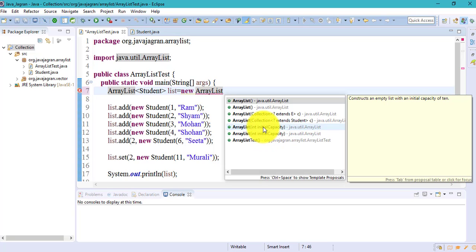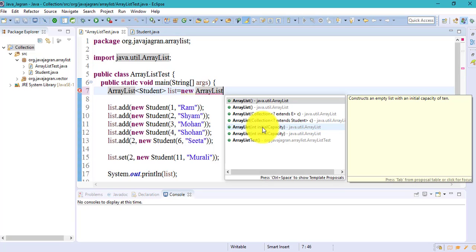But here we have only the zero-argument constructor, the single-argument constructor, and the one with the collection. You will not find two integer constructors, one for initial capacity and one for incremental capacity like Vector, because ArrayList does not allow other people to set the incremental capacity. It automatically calculates the incremental capacity.